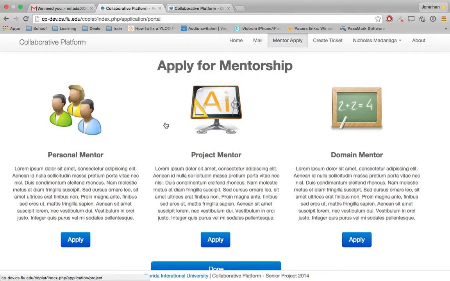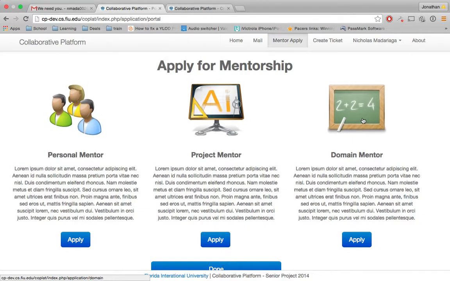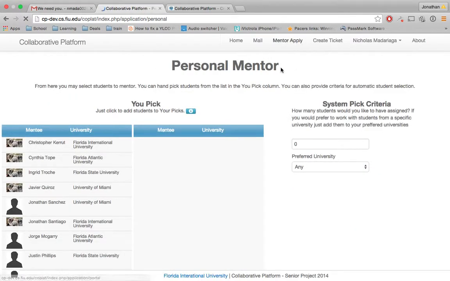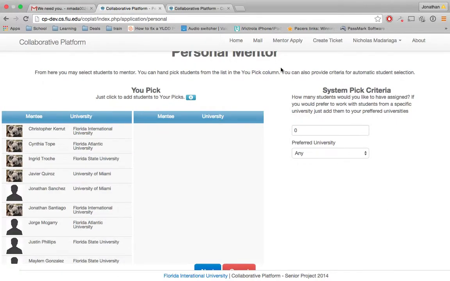Here's the mentor application portal. You have access to each type of mentorship, and all you need to do to start applying is either click the portrait or the button down here, and you're taken to an application. This is the application for personal mentor. It offers a couple pretty cool options. You can hover over a